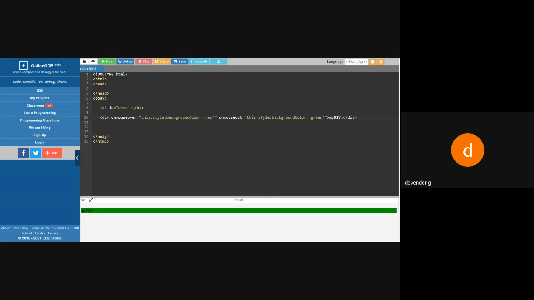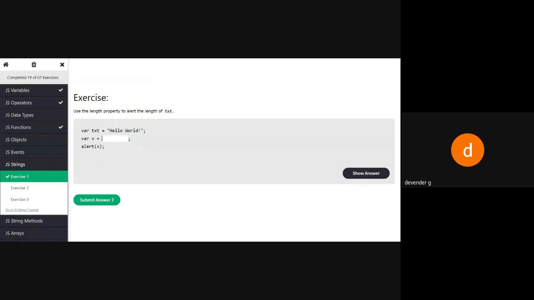It's a guess for me, so I'll see whether it works or not. Yeah, it's correct. He wants to know the length of this, the size of this. So I'll say text dot length.